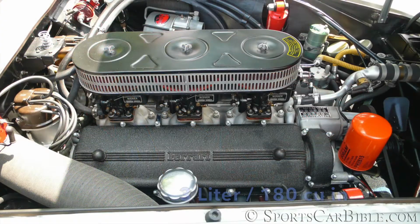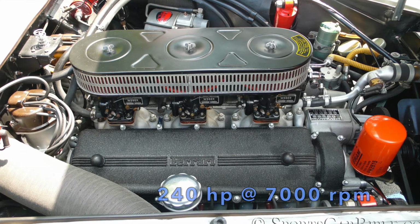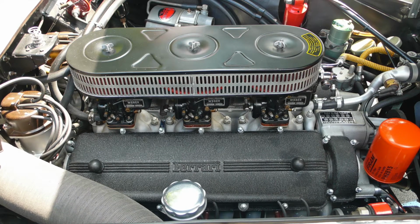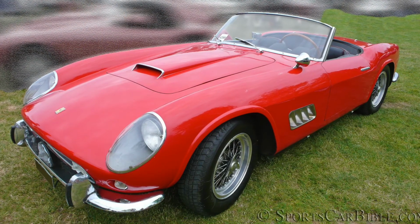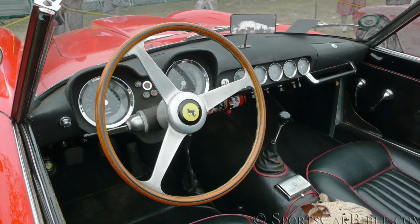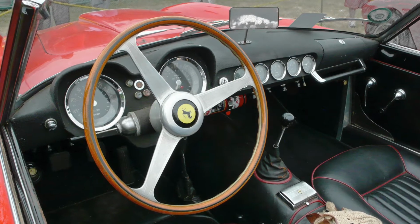The engine was the 3-liter or 180 cubic inch V12 Colombo, developing 240 horsepower at 7,000 rpm with the help of the 3 Weber carburetors. The engine was then mated to a 4-speed transmission, and higher specification cams could be ordered, boosting the power up to 280 horsepower. The interior had 2 main Veglia dials behind a wooden Nardi steering wheel, and a series of 5 smaller gauges were placed at the center of the dashboard, with a rear view mirror planted just above them